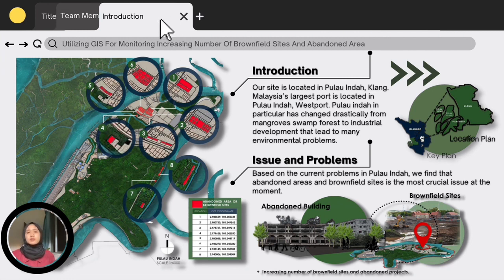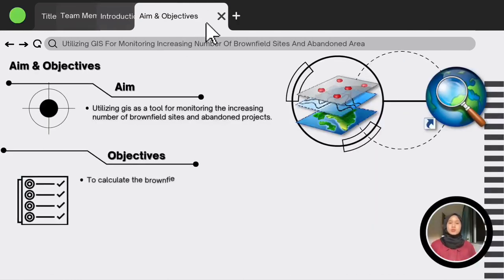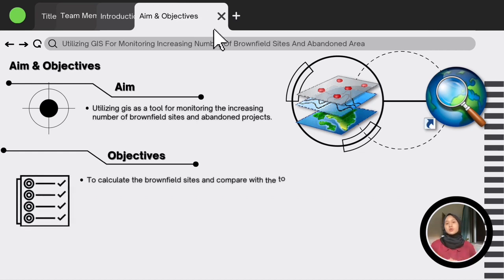Based on the current problems in Pulau Indah that we found, the abandoned areas and also the brownfield sites are the most crucial issue at the moment. Our aim of this study is to utilize GIS as a tool for monitoring the increasing number of brownfield sites